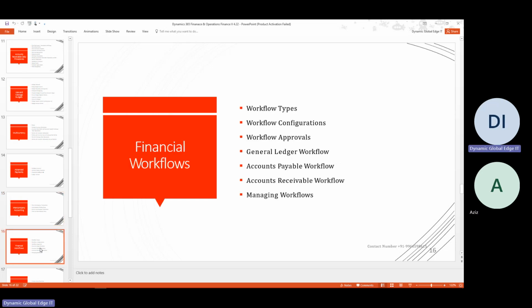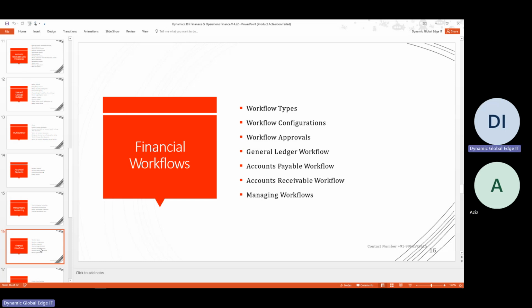The next one here, you can see workflow. We have different types of workflow. Let us say if you want to process a 10,000 payment, I need to get the approval of Ajit. If I want to pay 20,000, I need to get approval from XYZ. If I want to pay $50,000, I need to get approval from two people. So based on the amount, when you want to execute different conditions, we can create the